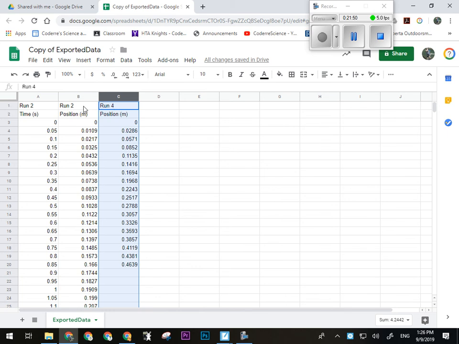of this run 2, run 4 stuff up top. Okay, so I'm just going to put in here position, okay, run 1. Okay, and then I'm going to do the same thing here. And then,